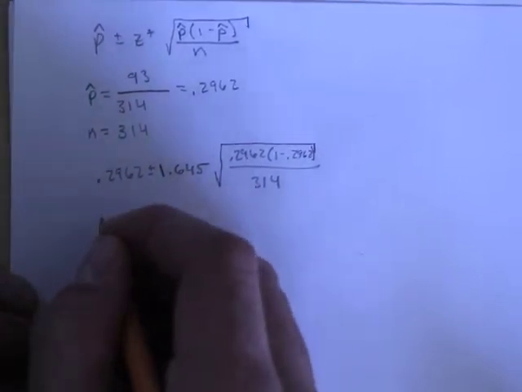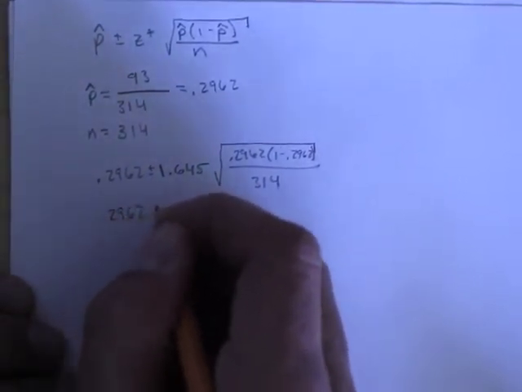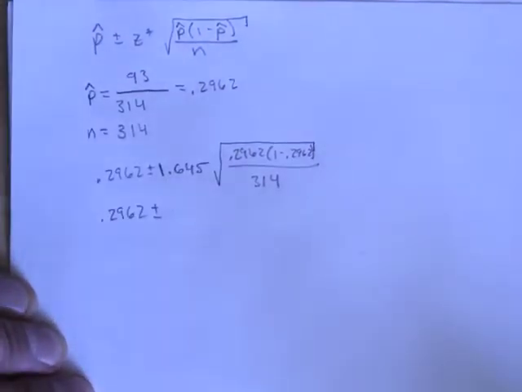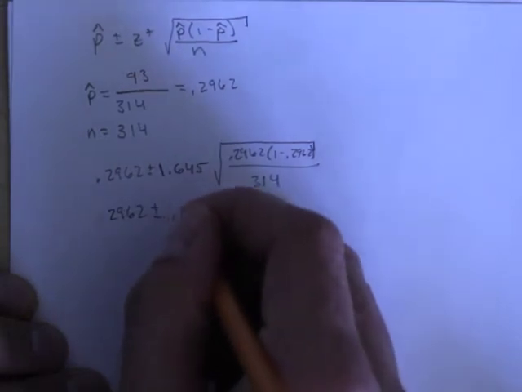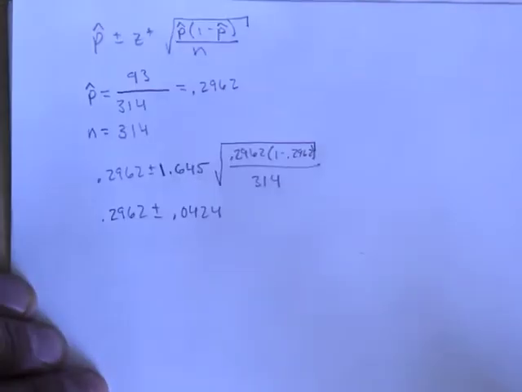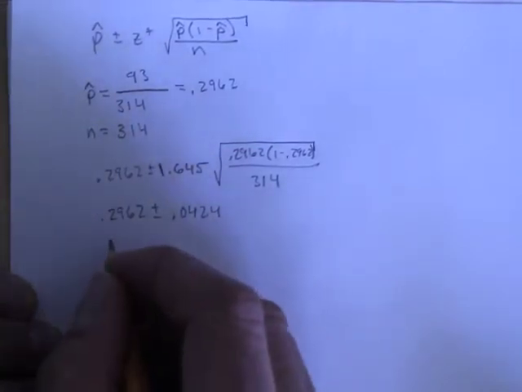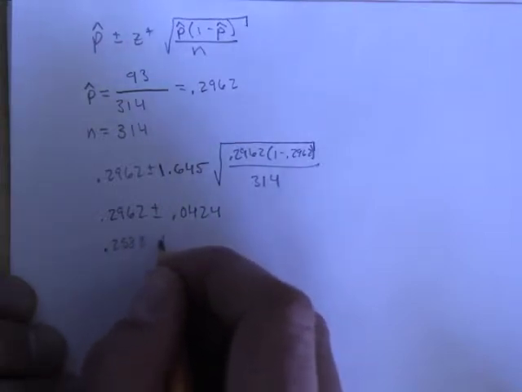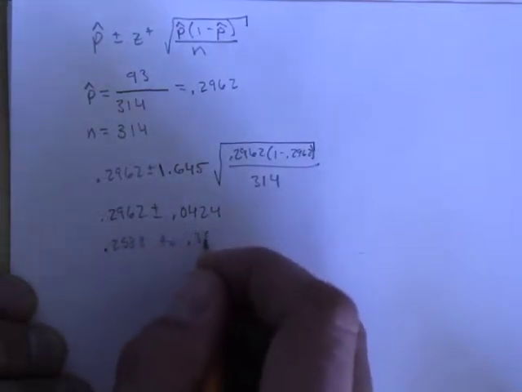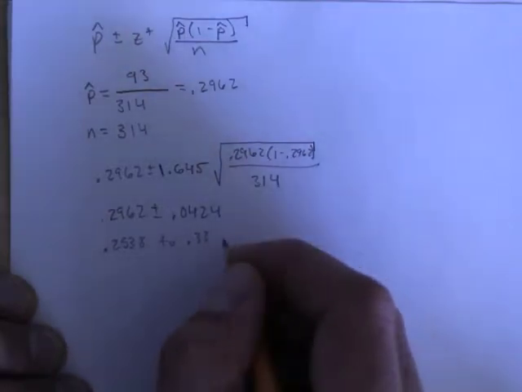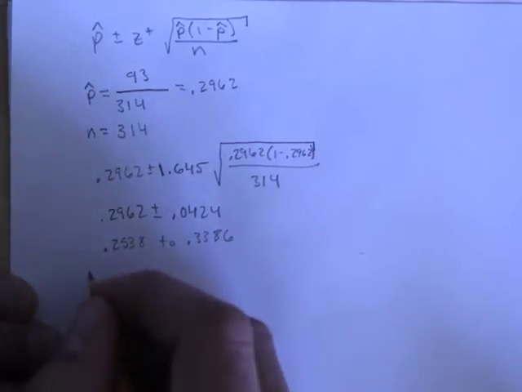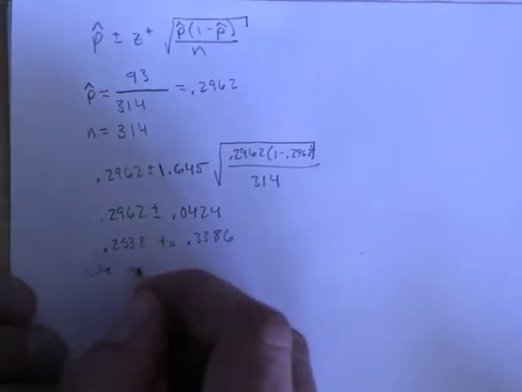Once you've calculated it, I found the value to be 0.2962 plus or minus 0.0424. So I can go ahead and calculate these. This gives me a range from 0.2538 up to 0.3386, I believe. And so I can then say that we are 90% confident